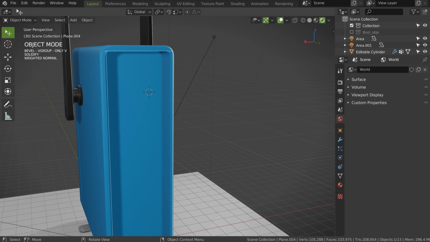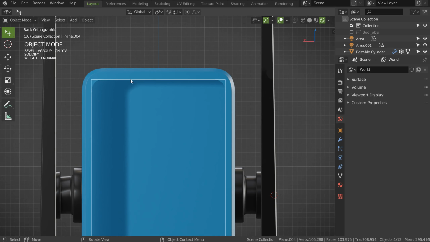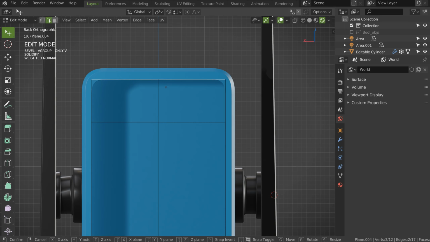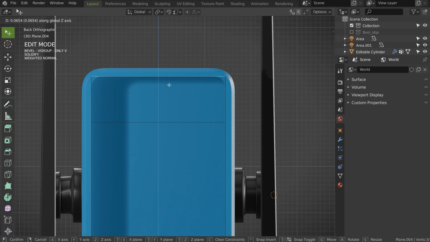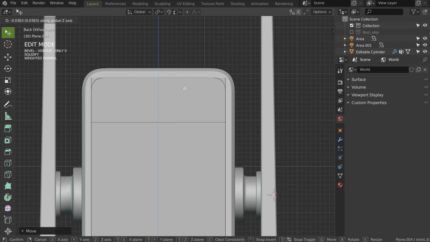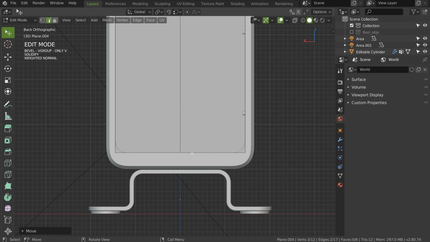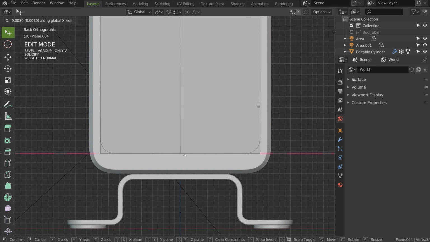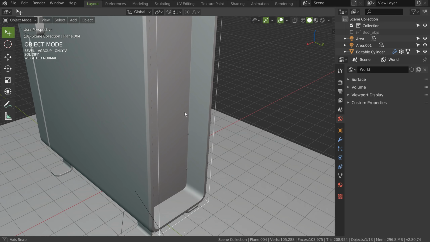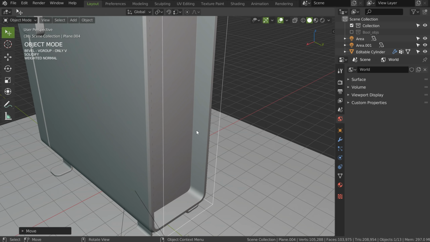Maybe I can edit it, Ctrl 1. I will go in edit mode, up, I will select this, and just move them a little here, to be sure I have something that will follow. So Eevee is really nice, but you don't see everything. Up, I will just do this. Nice, okay. So as you can see here, I will just move it a little, like that.